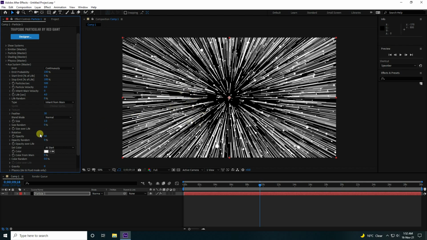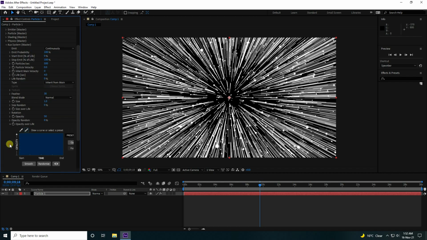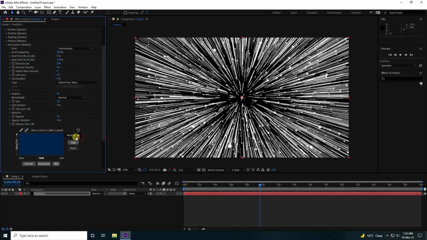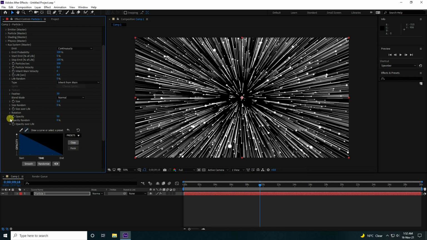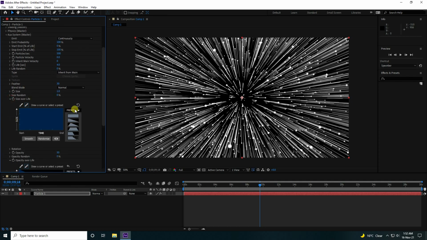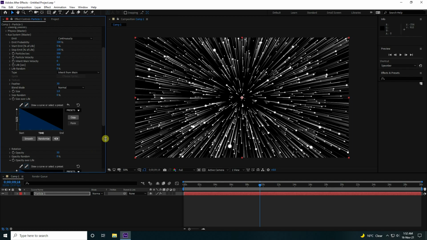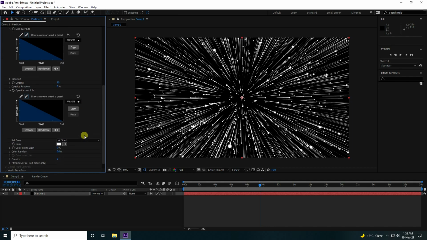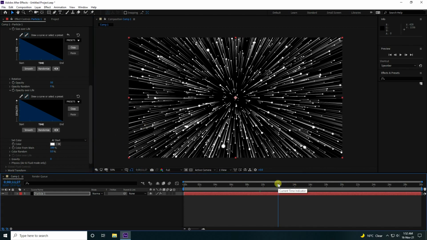Okay, so now guys, see that's my size. I like to take 1. Yes, and guys, also change this one, opacity over life, and presets. See that's my preset, change it like this. And for size over life, do the same as this one. Yeah, right, see. Okay, so guys, that's it. It's my simple effect. And see that's my color from main, I like 100. Okay, so now guys, it's really good.